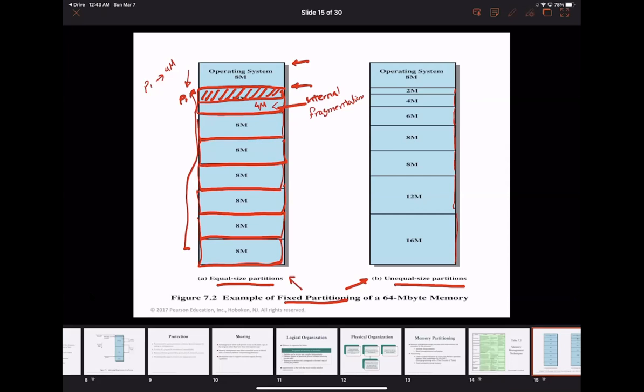We can see that for equal size partitions, if a process is of size 4, it would be more suited to be in here. That means we don't have a lot of internal fragmentation. We still might have a process, assume I do have a process of 5 megabytes, so it will reside on the second partition, and then I will have 1 megabyte of internal fragmentation. So we might still see internal fragmentation. So this is 1 megabyte of internal fragmentation,